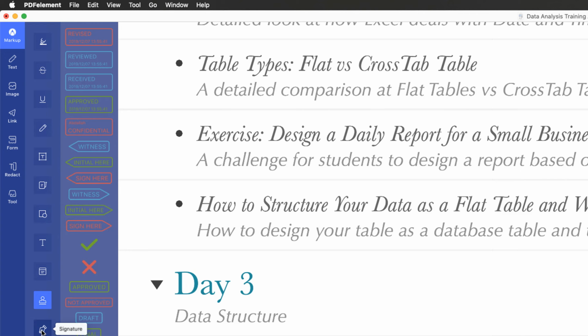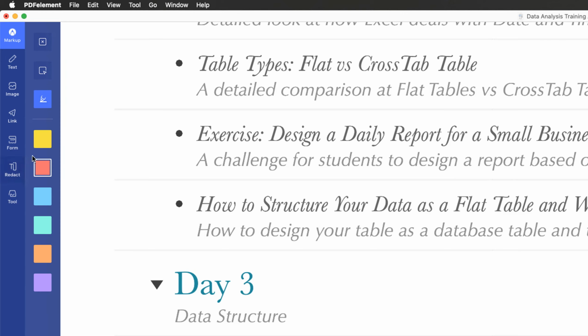All right, and we have digital signature here where you can create your digital signature. So let's use the highlight and see what we get. So clicking on highlight here, as you can see, you can see all the colors available to you, and